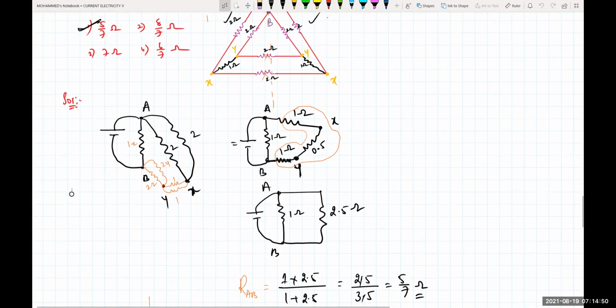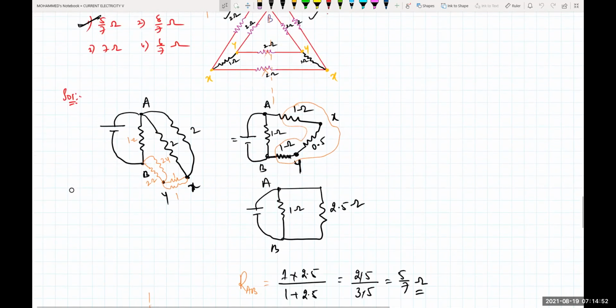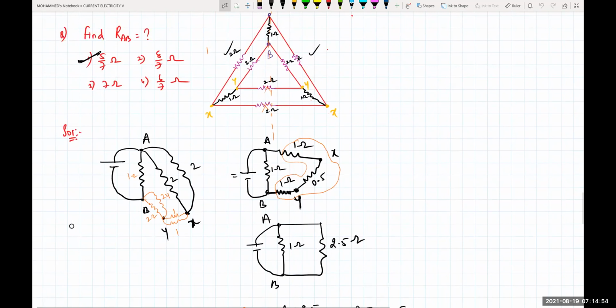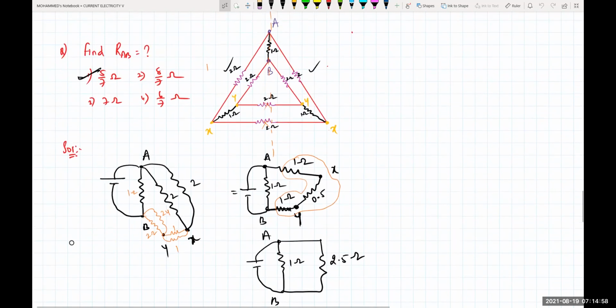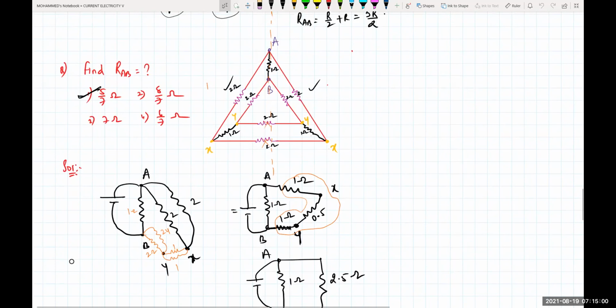Okay. So see, I have drawn the diagram here right now. See, between A and B, I have taken one resistance, beta, 1 ohm. Connect A to the positive terminal, B to the negative terminal. See, between A and X there is 2 ohms. Here also between A and X there is 2 ohms. Then between B and Y, see here, between B and Y there is 2 ohms, and between B and Y there is 2 ohms. So I have written here 2 ohms and 2 ohms.